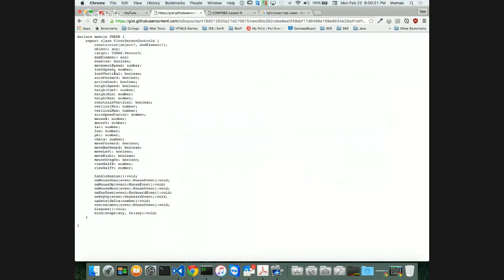It looks like a bunch of variables, and you see that there is a class declaration. So there's FirstPersonControls, that's what it is. And here's my constructor. Notice that there's two optional elements, an object and a DOM element. And then I have all this. Right? So I'm going to take this, and I want to make this file called